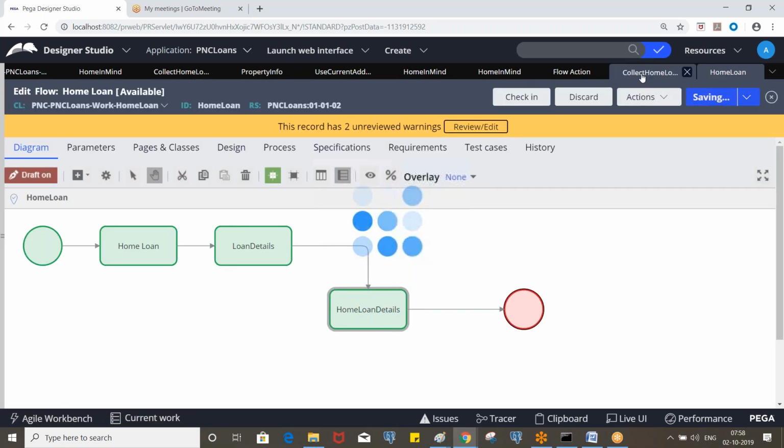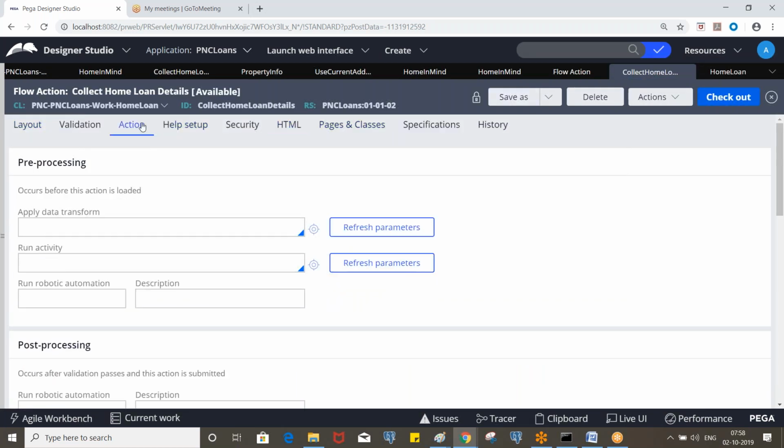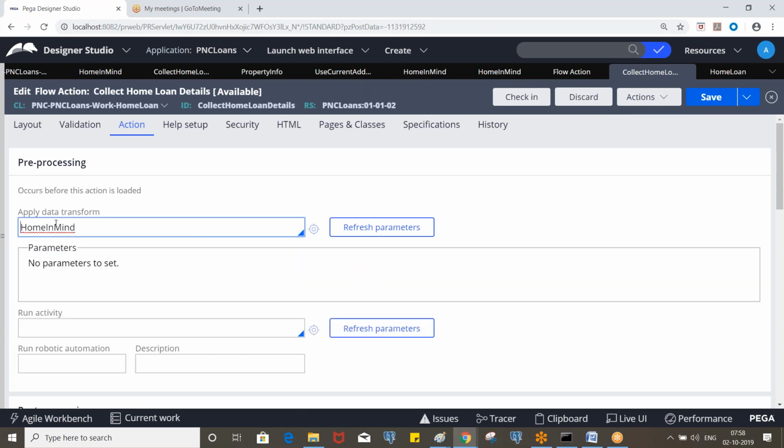Now go to the flow action, and we have a logic to calculate, sorry, to determine home in mind, right? So if it is an activity, you need to call it here. If it is a data transform, you can call it here. So you need to invoke it in the pre-processing, not in the post-processing of this flow action.